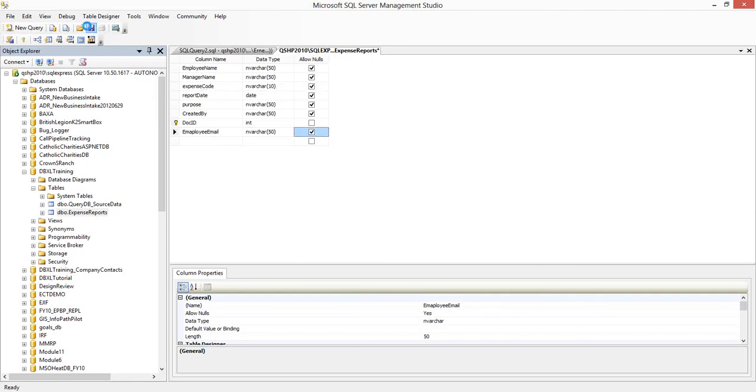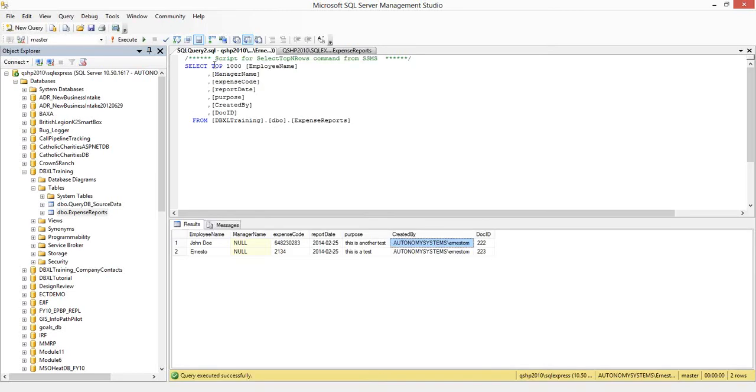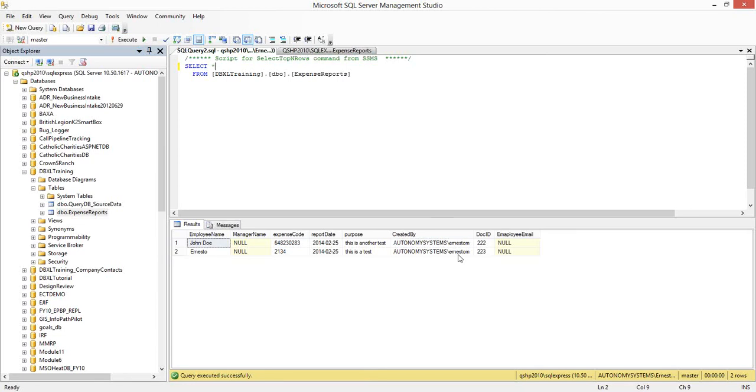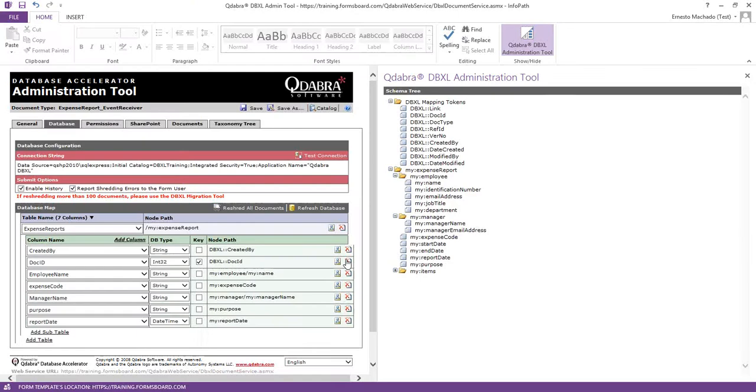So we just add it to our table design. If we re-execute this query, you're going to see that that column is null because we haven't had any sort of synchronization there. This column is null because I just didn't type any information. This one's empty because I haven't reached for anything. So let me